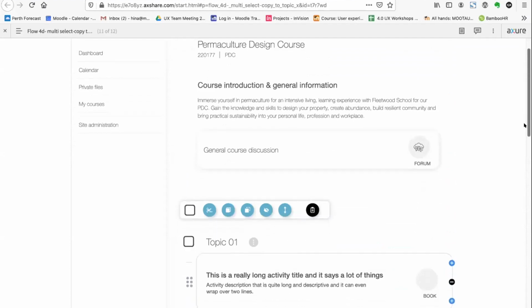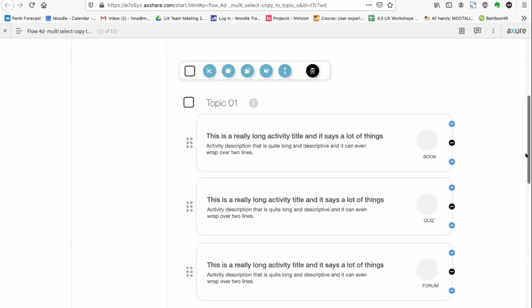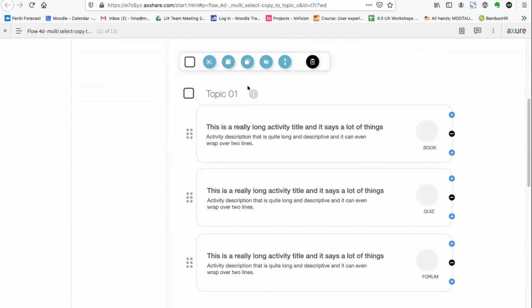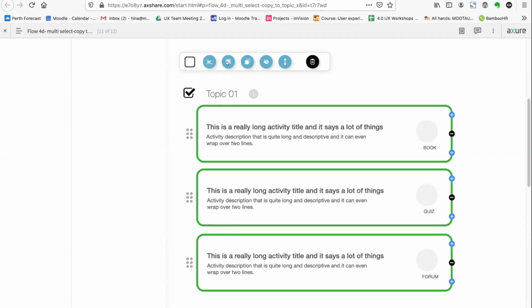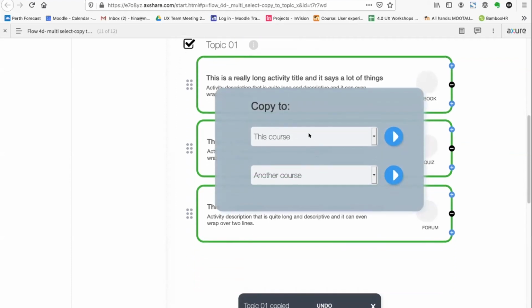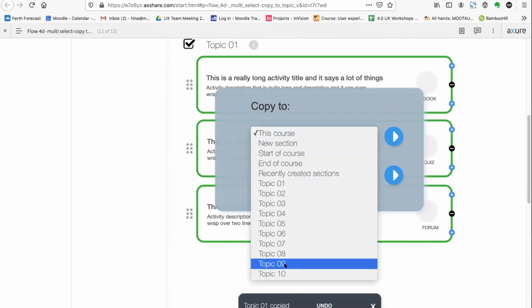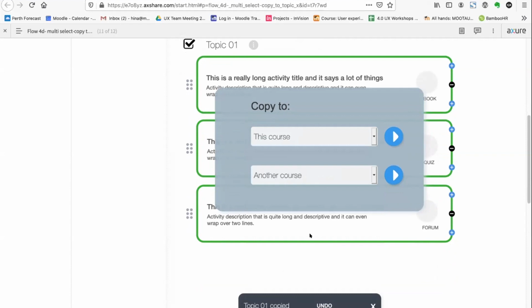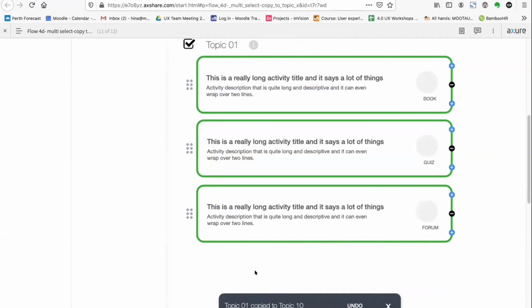And we're going to look at a copy to action. It isn't there currently, but based on some user feedback, we will have the copy and copy to. So again, the same sort of thing, but this will enable a modal. You want to copy to another section within this course, so section 10. And we've got that success message with a link to section 10 or topic 10. So you can click that link and it would go to that topic, so you can have a look at